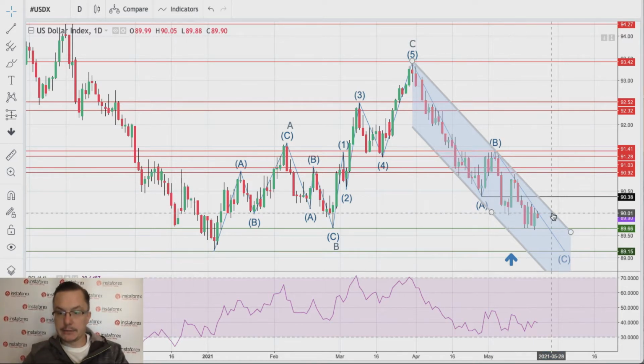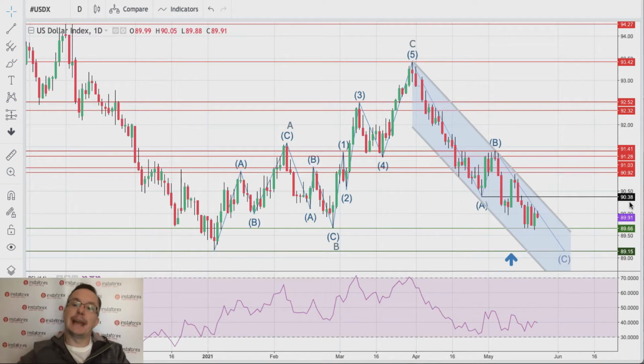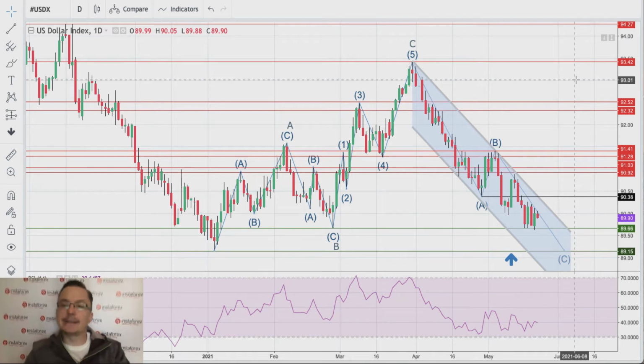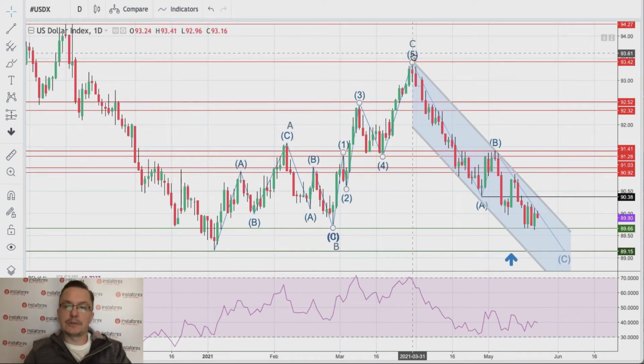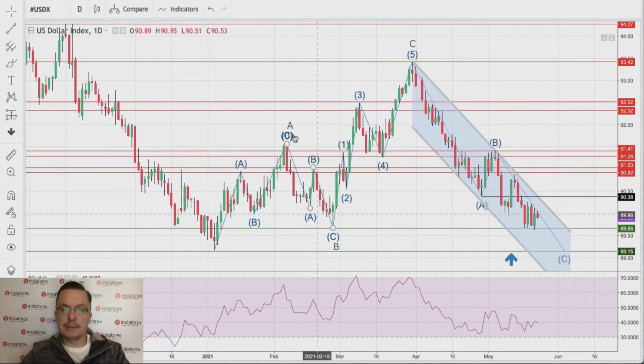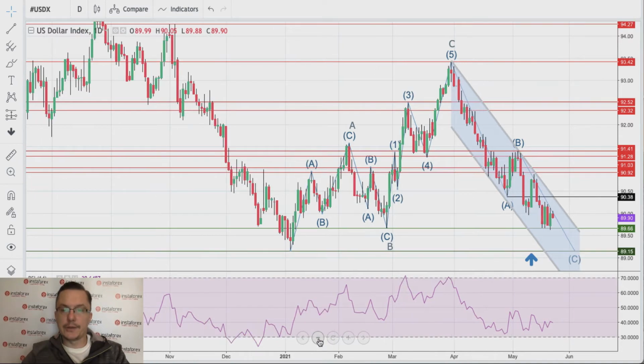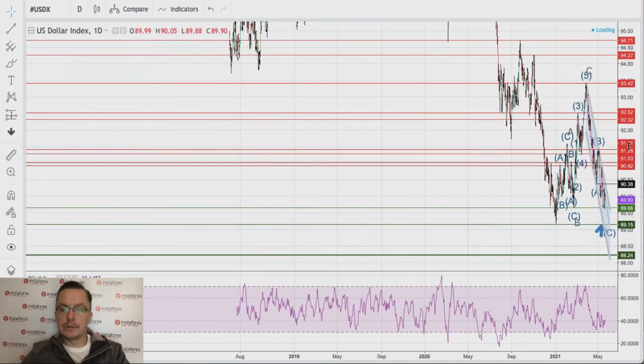The other technical resistance is seen at 90.38, and of course the key technical resistance in the short term is the old wave B top at 91.41. As long as we trade below this level, as long as we trade inside of the channel, as long as we trade below 90.38, we cannot say anything about uptrend resumption. And please notice the last resumption of the uptrend was only in three waves, and we have labeled it A, B, and C. So it was corrective again in nature, and the long-term, multi-year trend on the US dollar